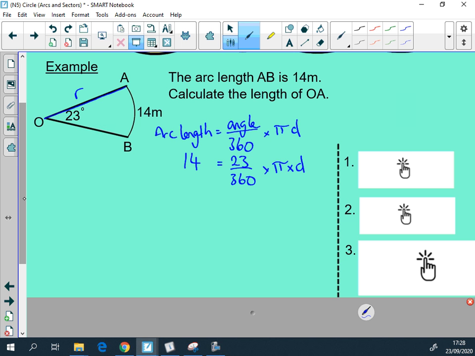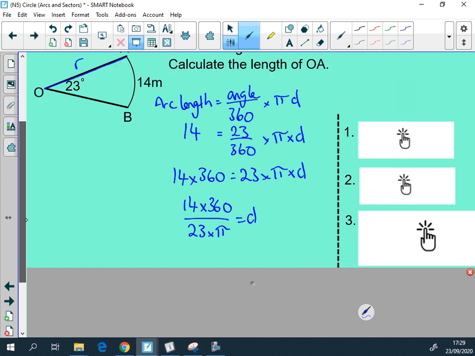So I can see that I'm dividing by 360, so I'm going to times both sides by 360, which equals 23 times pi times my diameter. And that similar thing that I did in the last one, I'm multiplying by 23 and I'm also multiplying by pi. So I can divide by both of them at the same time. So it's 14 all over 360 divided by 23 times pi will tell me what my diameter is going to be. So when I type that into my calculator, 14 times 360 divided by 23 times pi,